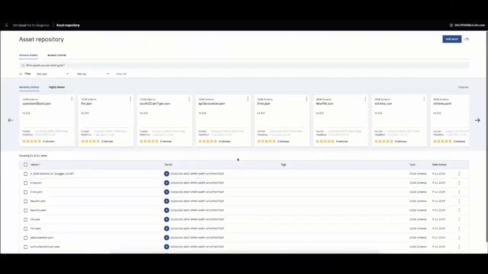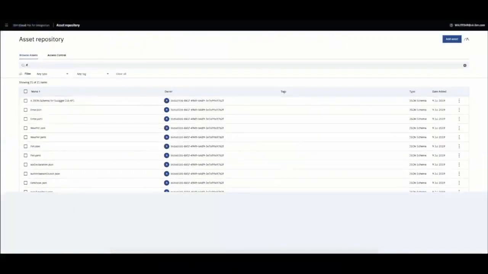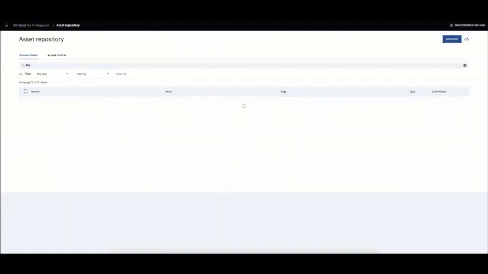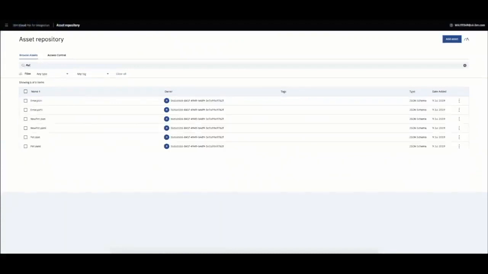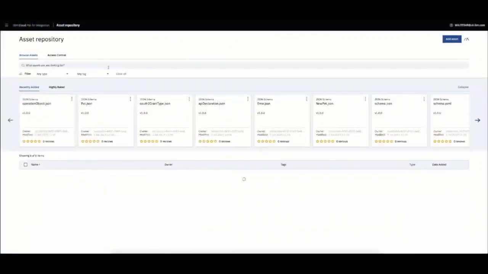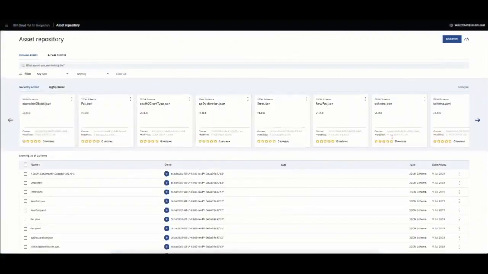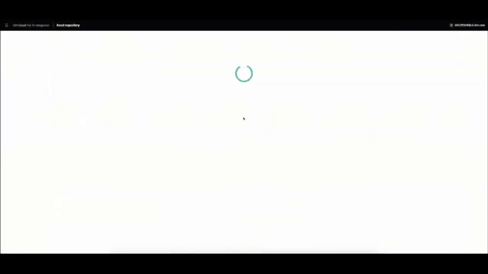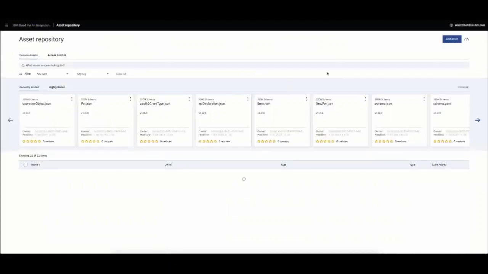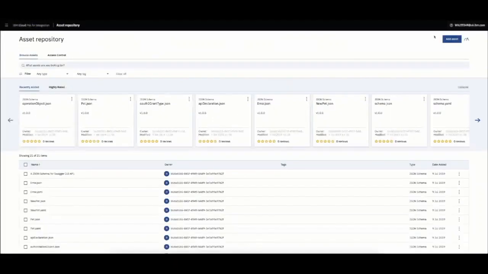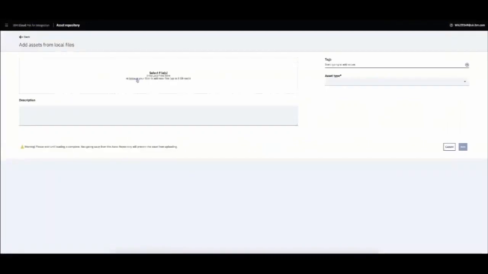Now, as a developer, I may want to take this API and the app integration that I created and share these internally with my other developers. So the asset repository is a function in the Cloud Pak that allows me to not only take and share those things that I built, but even subcomponents like documents and things like that that are related to building the integration. And you can see here that I'm looking at the integration itself. In this case, it's a JSON spec.